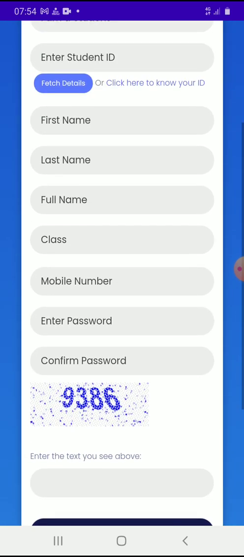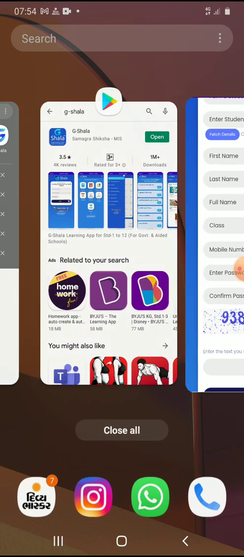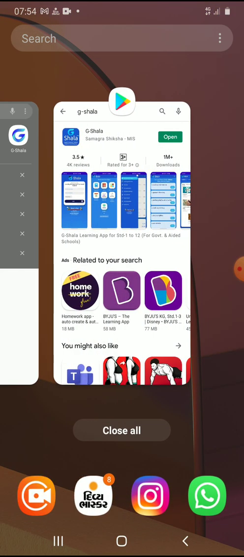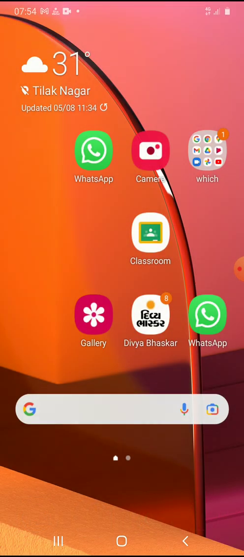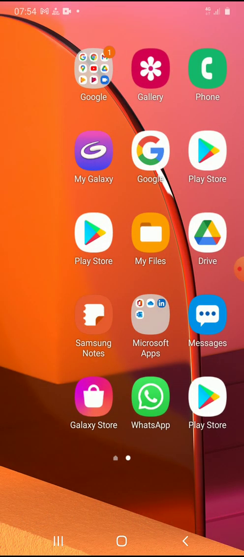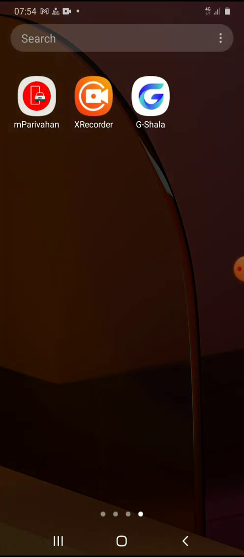I am right now trying to press the back button, but it's not working. So I go to recent apps and then I remove it. Now I again go to the G-Shala app. This is the process called creating the G-Shala account.